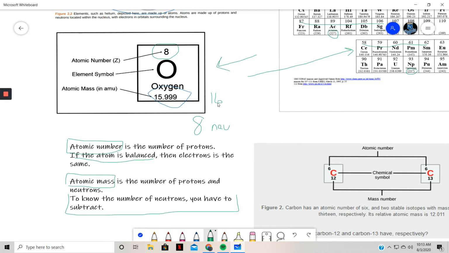and you know you have 8 protons, simply by subtracting the atomic number from the mass number, it tells you how many neutrons it has. In this case, it would be 8. And when we talk about isotopes, which is right over here, we'll talk about why that varies. So that's a quick look so far at what matter is, and some of the most common elements